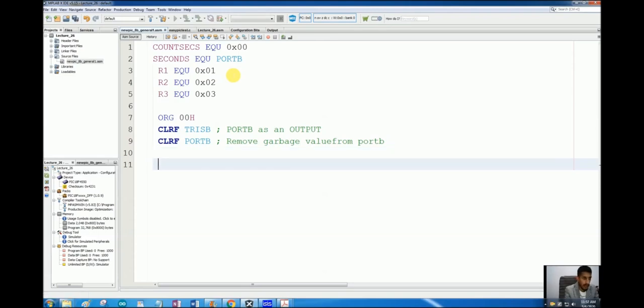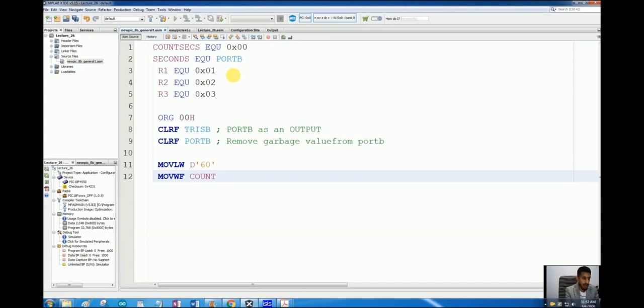In the loop we want to count from 0 to 59. So let's move a literal value of 60 decimal into the working register, and then move the working register to count seconds.